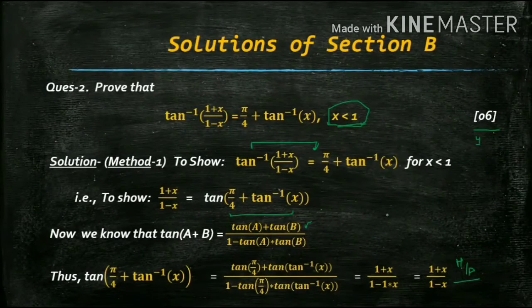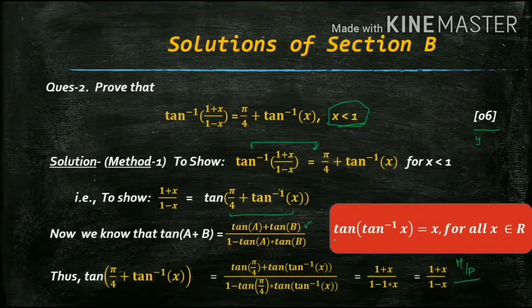How can you show that? Look at it carefully. Okay, this is the reasoning. I have given both the reasonings here, this form and this form, but you have to write that. You have to give it like this: this form I am using now, that tan of tan inverse x is x for all x belonging to the valid range, so that's why. Okay, now comes this thing, x less than 1.